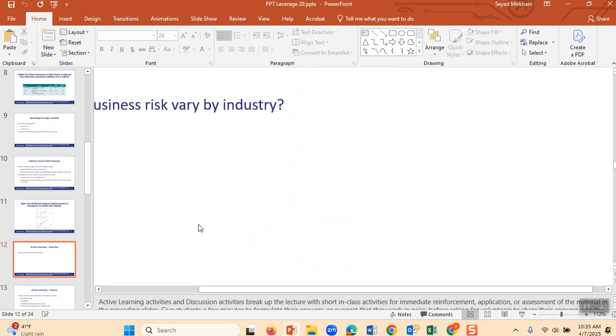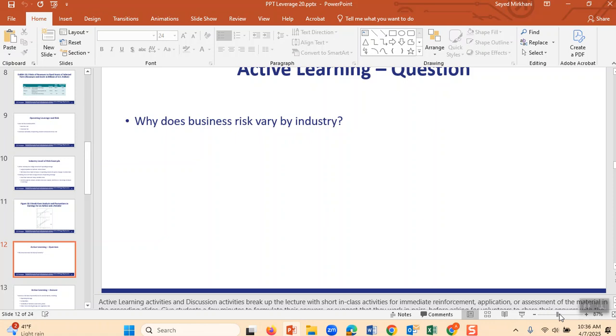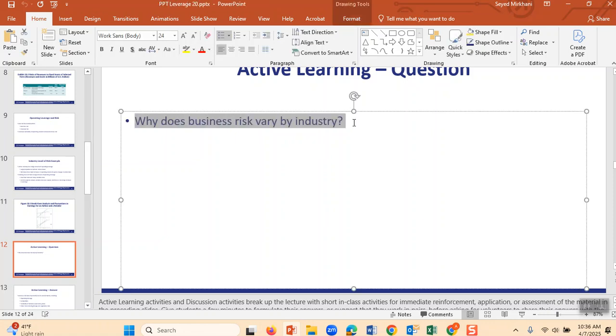And I go to the next slide. Here it talks about why business risk varies by industry. We know why it varies. Someone in the t-shirt retail industry might not have as much fixed cost, but a company like Hertz might have a lot, because they have a lot of cars they have to keep buying.